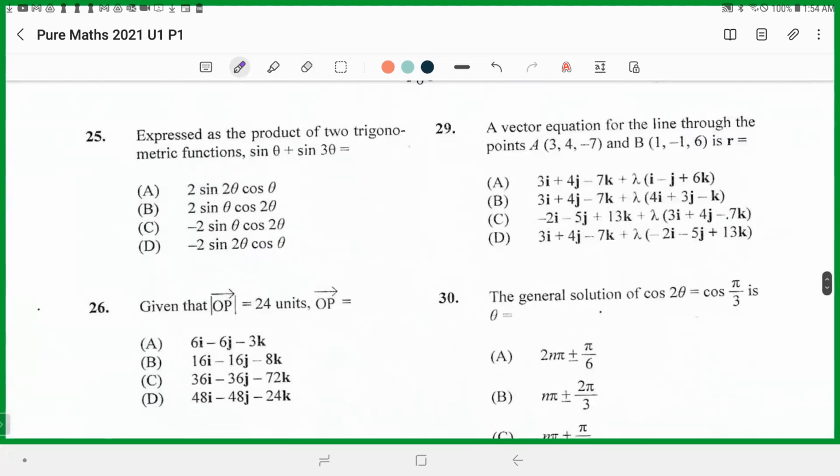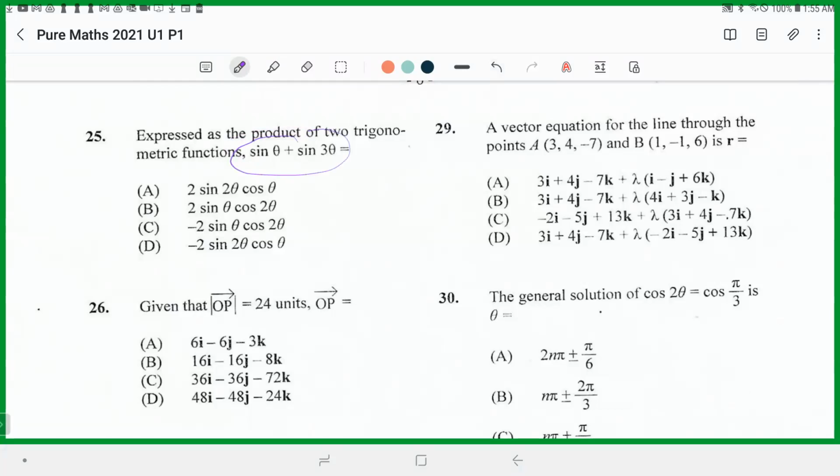Express as a product of two trig ratios. What is this equal to? That's the sum of two sines. The sum of two sines is sine cos. What do I mean by cos? Sine cos. It is twice the sine of half the sum times the cos of half the difference. I call it sine cos because of the factor formula,